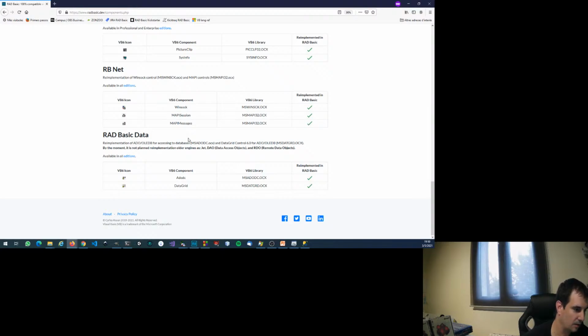Okay. Walsingham says, would registration-free COM still work? And yes, it will. Registration-free COM was introduced in Windows XP, I think.